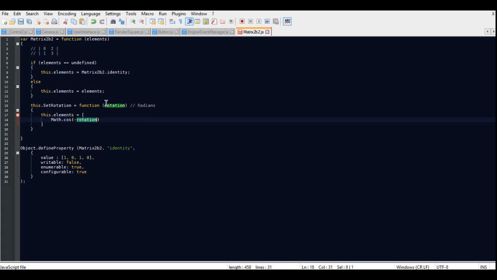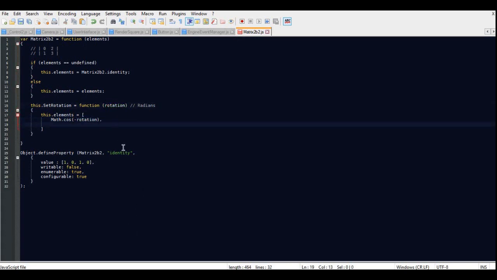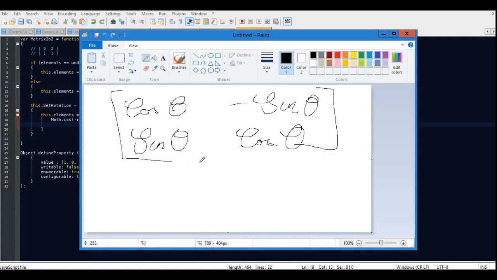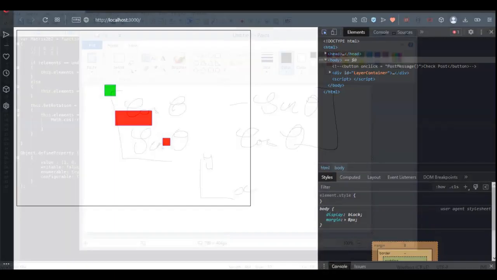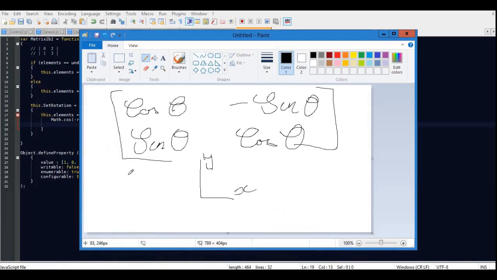Now I'm putting in minus rotation for a simple reason, and that's because this here applies to the x-axis and y-axis, but in our browser the axes are reflected essentially. So when we want to rotate it clockwise, we actually have to put in